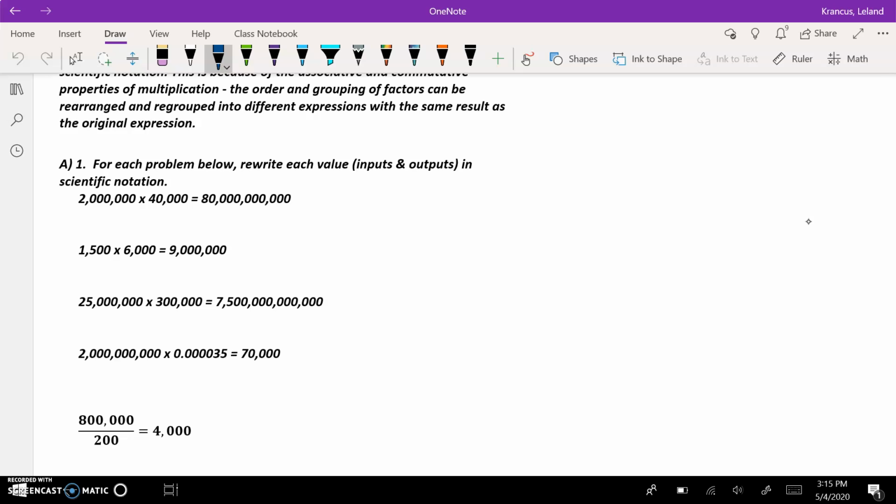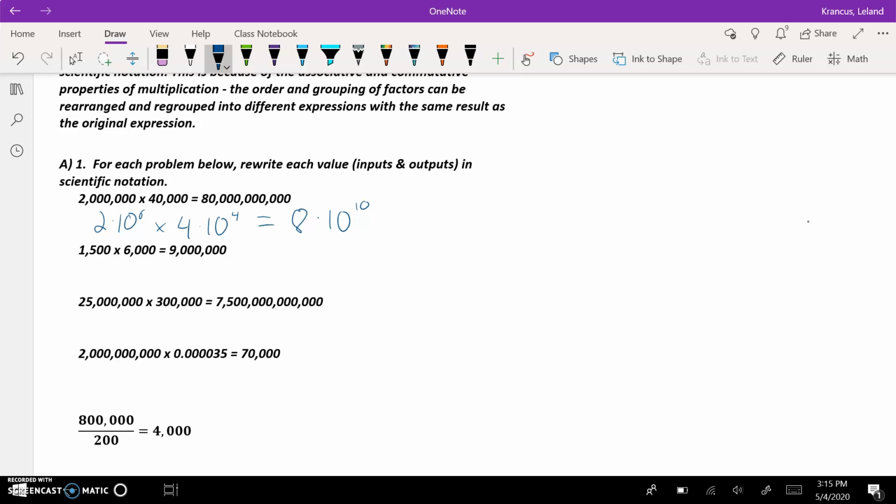So for example, just to show how this should look, this should be 2 times 10 to the 6th times 4 times 10 to the 4th power, and that equals 8 times 10 to the 10th power. Okay, so do that same kind of thing for each of the input and output values for each of these problems, and give them a look, and you should hopefully notice that there is a pattern that allows us to